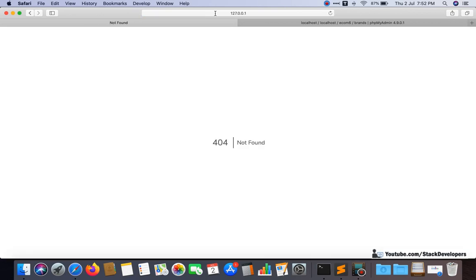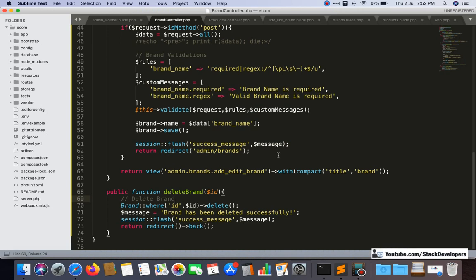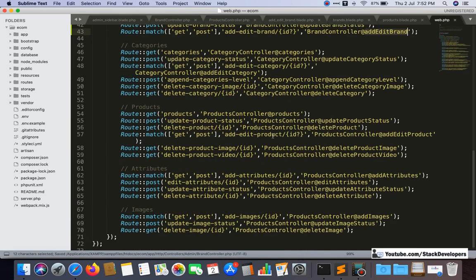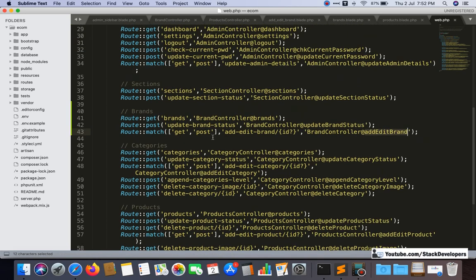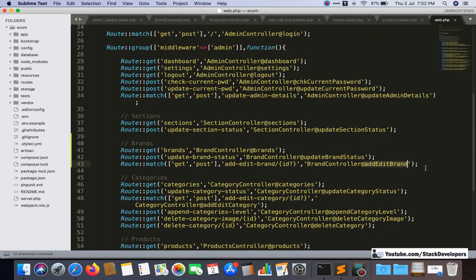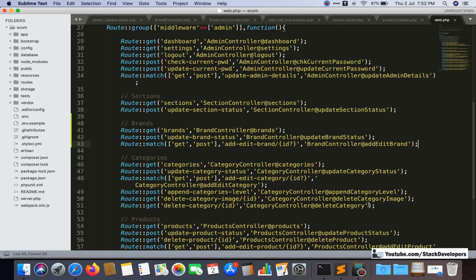Yes, delete it. Okay, now again the same issue, the route is missing this time. So we need to add the route as well, and that also we can quickly copy from any of the routes we have already done.